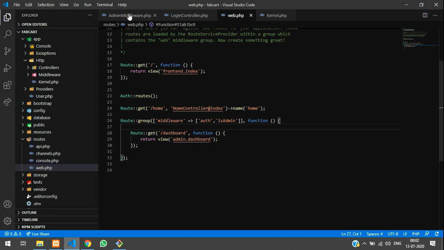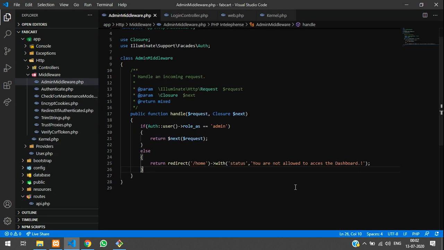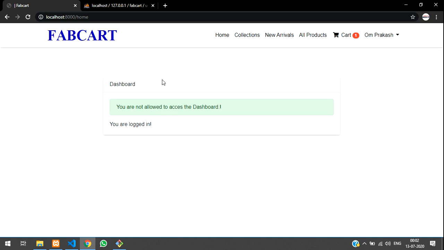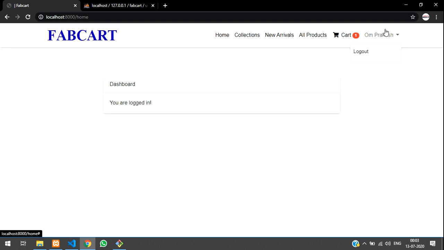So let us go back to middleware called admin, and you have set the status called you are not allowed to access the dashboard, right? So this is the message we are getting over here.